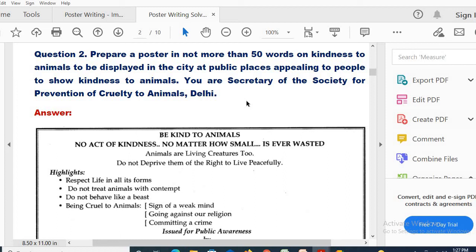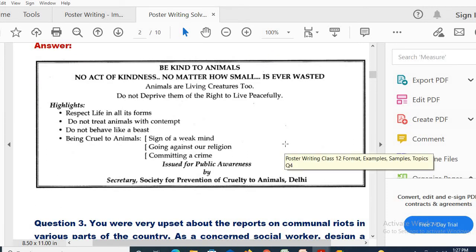That will help you to draft that particular creative writing assignment, whether you are drafting a letter or a poster or a debate. So here you see the question in terms of a poster writing question, it is a bit lengthy. But see, all the points have been given. Definitely it will be easier to frame, right? So how will you proceed? Here also see, no illustrations have been given, but expressions and other things are all proper.